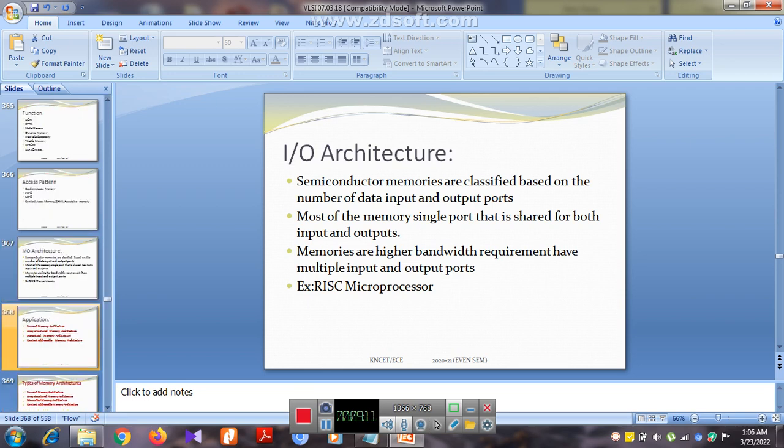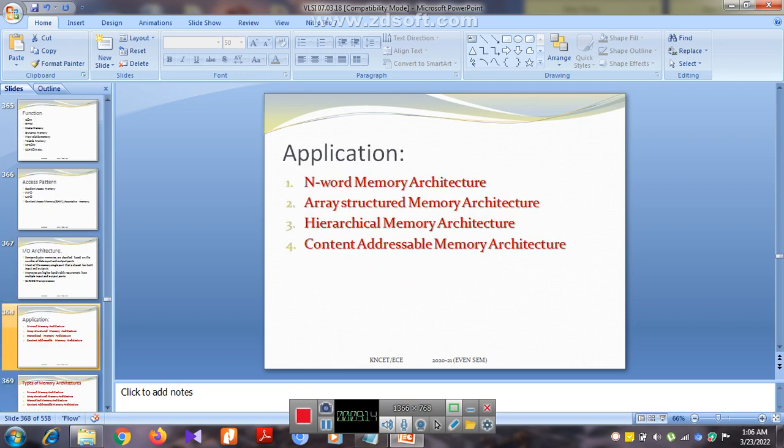And finally the parameter is application. Most large-size memories are packaged as a standalone IC. Here the following types of memory architectures are used: n-word memory architecture, array-structured memory architecture, hierarchical memory architecture, content addressable